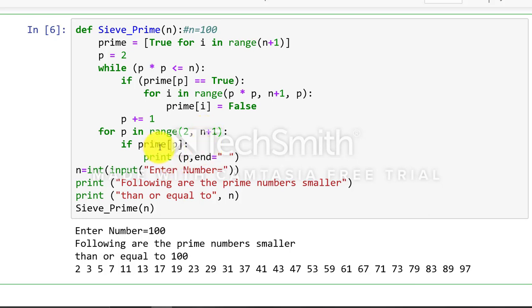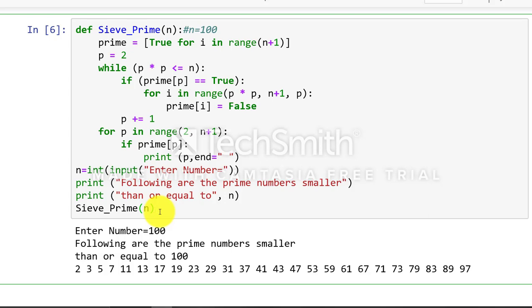In this case print all the numbers in the range 2 to n. Print all the values of p, meaning index numbers, which are not filtered out or sieved out. So in this case first enter the number, followed by the prime numbers smaller than or equal to n, and call this function. Now let us execute this program.